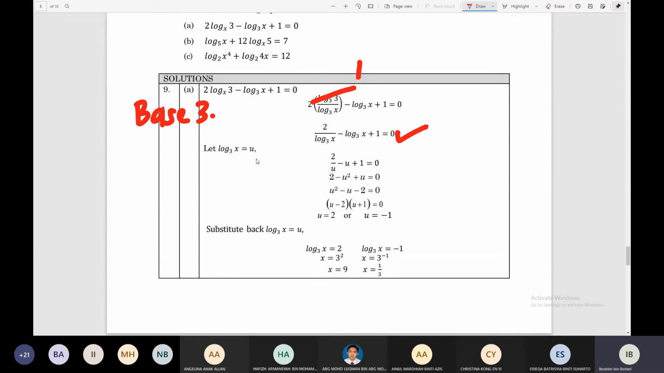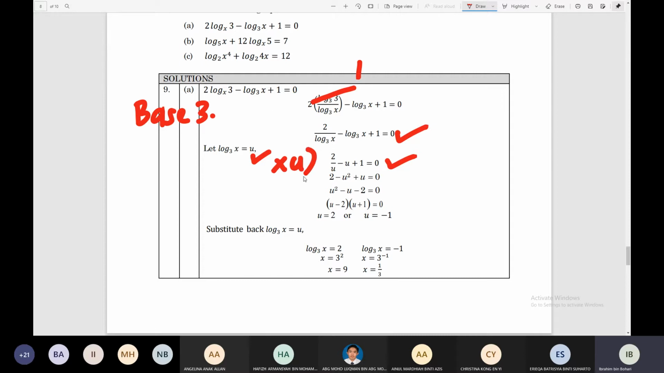And you let u equals log x base 3, and write down the equation in terms of u: 2 over u minus u plus 1 equals 0. And the denominator of the equation here equals 2 over u. This one, you remove the denominator and